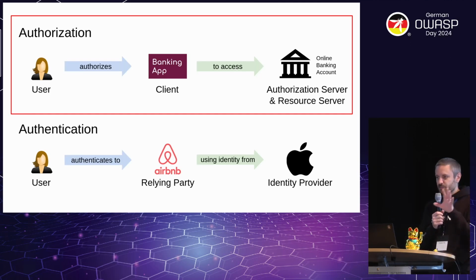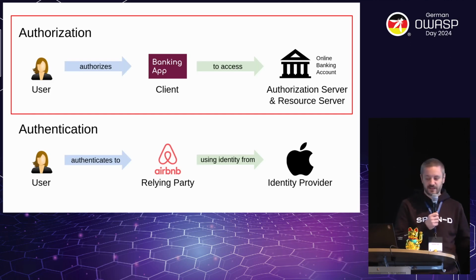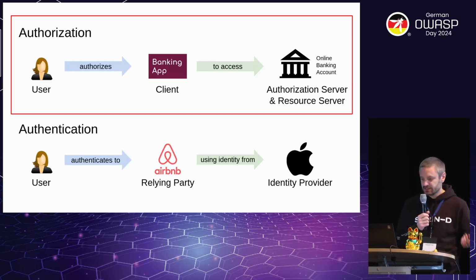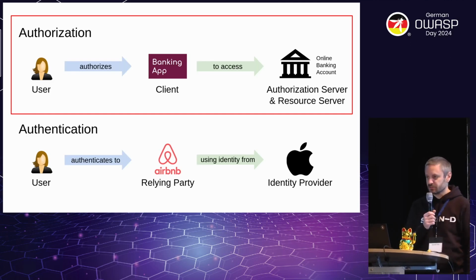This means that then the banking app in OAuth terms becomes a client, and the bank where you access the bank account has an authorization server that creates an access token, and with that access token the client can go to a resource server which has the actual resources, so which knows about the transactions or where it can do a wire transfer or something.